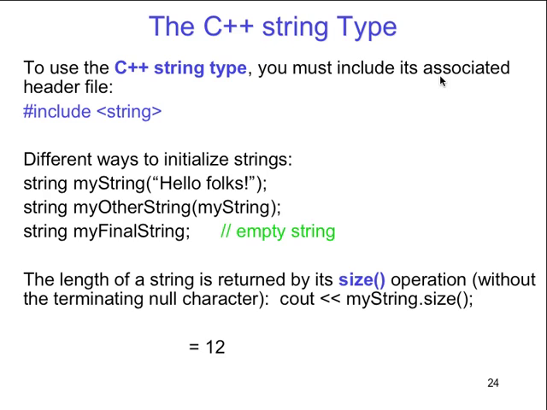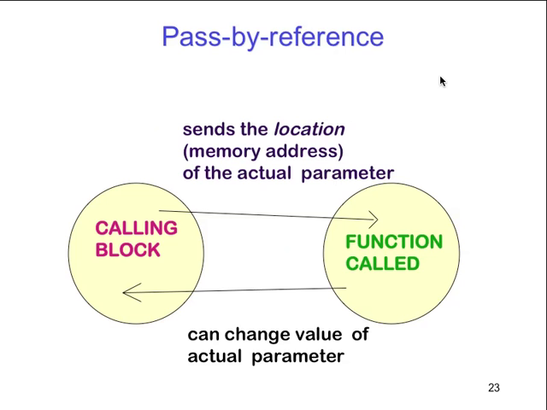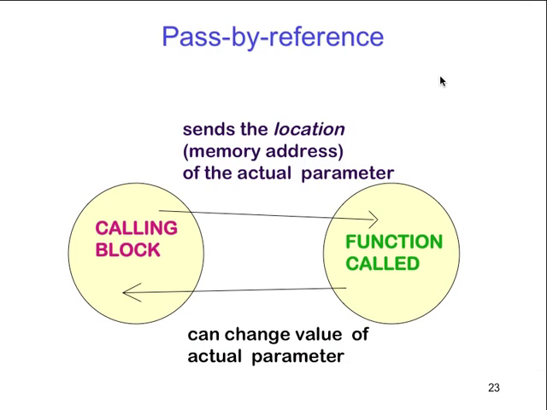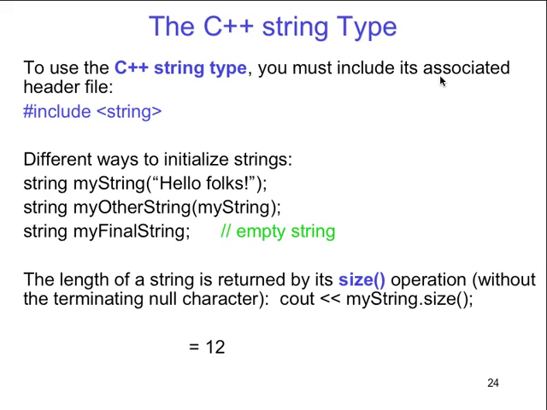Alright, let's look at the string type. In fact, that's our break in terms of the pointers. What I wanted to do is compare references to variables, so you can kind of see the difference at this point. I've got another 2 or 3 weeks of pointers coming up, but let's switch gears a little bit and talk